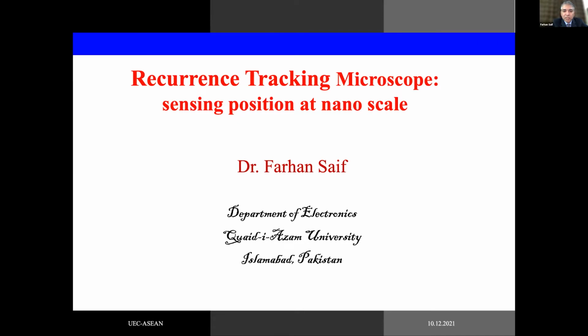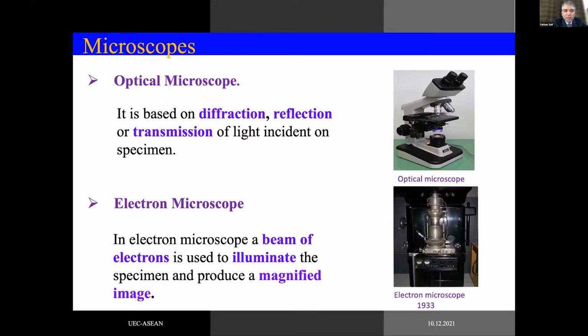It's a position sensor for nanoscale surface scanning. If we look at microscopes, there are three different kinds for the purpose of surface scanning. One is the optical microscope, which is the oldest one. It is based on diffraction, reflection, and transmission of light incident on a specimen. Then we have the electron microscope, which is based on passing an electron beam through an illuminated specimen and producing an